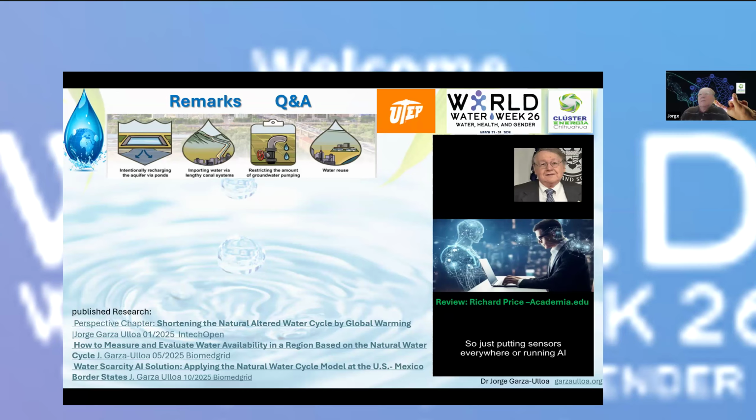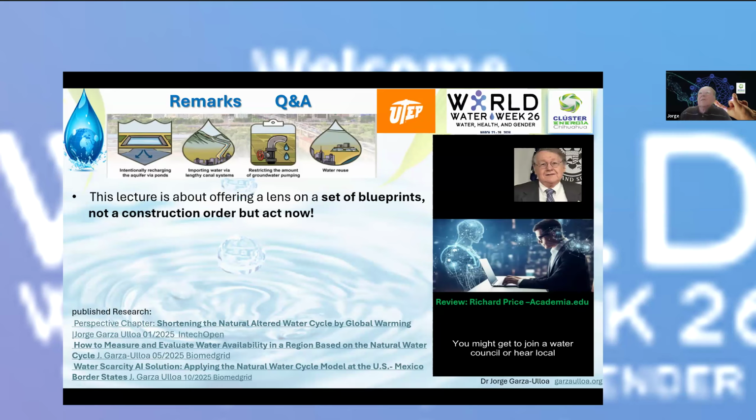So just putting sensors everywhere or running AI doesn't water your roses. People have to build, maintain, and collaborate. If you live in a water-stressed region, what does this mean for you? Policies about grey water reuse, more parks that act as aquifer recharge zones, even community dashboards tracking rainfall in real time. You might get to join a water council or hear local officials say NWGCI a lot more than you